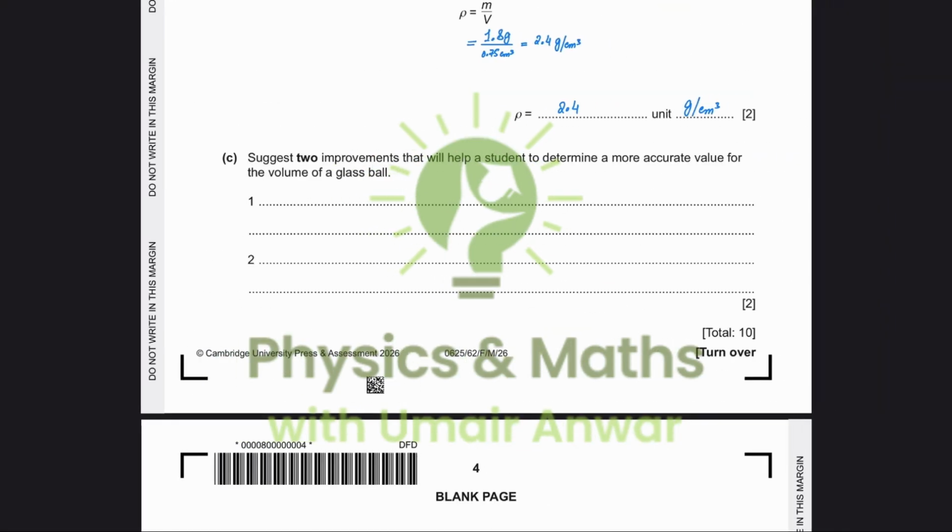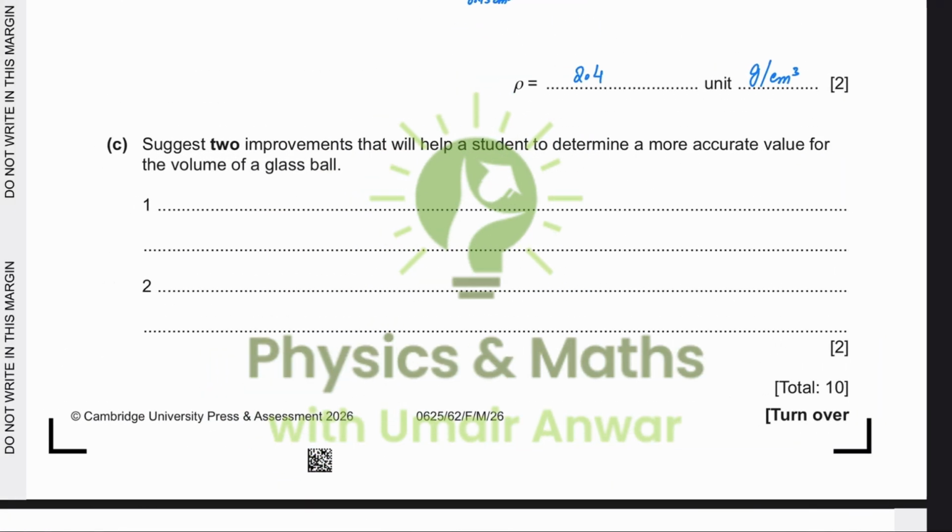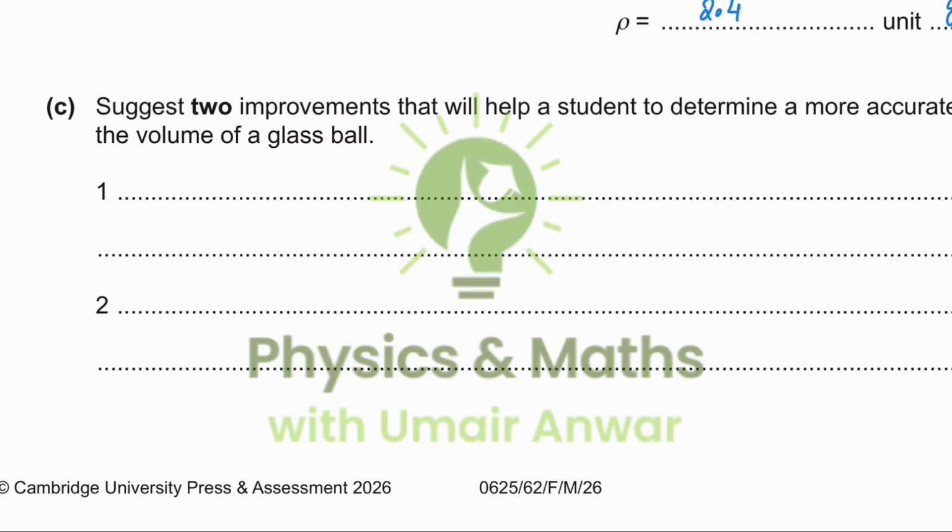Okay. The last part of the question says, suggest 2 improvements that will help a student to determine a more accurate value for the volume of a glass ball. Now, we again have to show 2 improvements which should be specific and actionable, and no vague answer should be written over here. And these 2 improvements should be done to determine a more accurate value for the volume of a glass ball. So the first thing is, since the volume was being calculated using a measuring cylinder containing water, the first thing that we could write over here is use a measuring